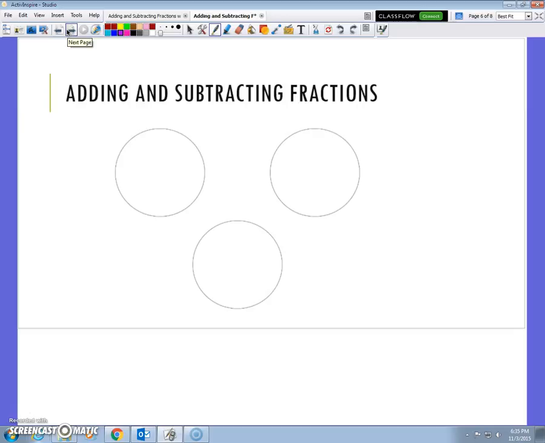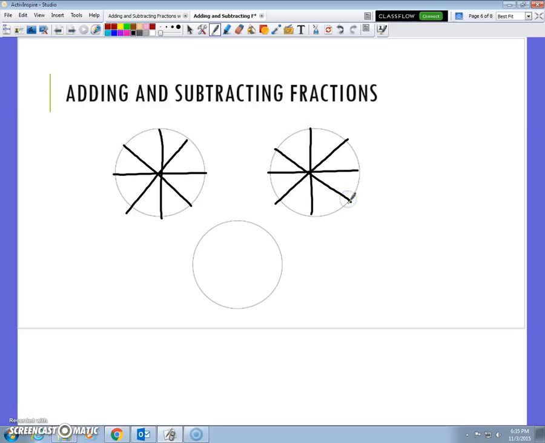Now we have these nice little circles on here. I'm going to do a subtraction problem this time, like a legitimate subtraction problem. So I'm going to divide this into 8 pieces. Divide this guy into 8 pieces. And this guy into 8 pieces. All right, and I'm going to say that this has 3 of the 8 pieces used. So I'm going to say this fraction is 3/8. I'm going to say this fraction is just 1/8,